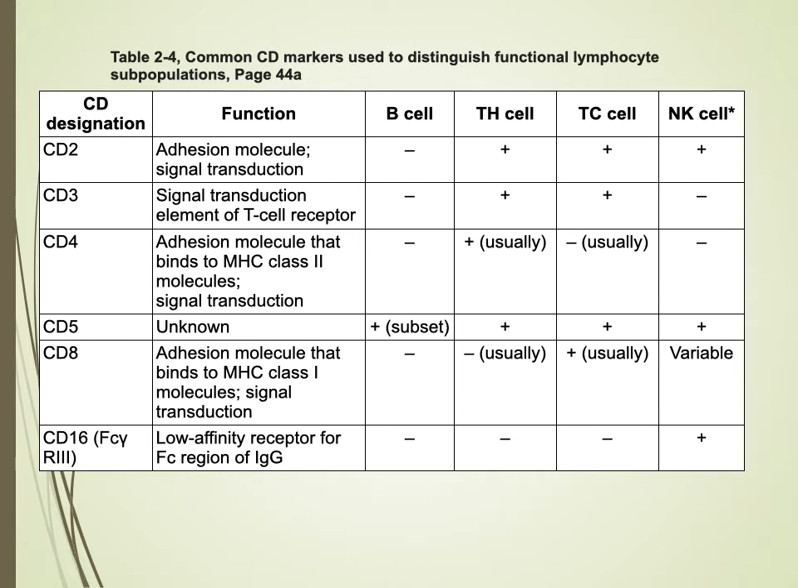CD3 is found on T cells. So it wouldn't allow us to differentiate between our T helper cells and our cytotoxic T cells, but it would allow us to know that we're looking at T cells. Now the CD4 marker, that one is specific to T helper cells. So if we wanted to exclude the other lymphocytes and only look at T helper cells, we could stain and sort those cells